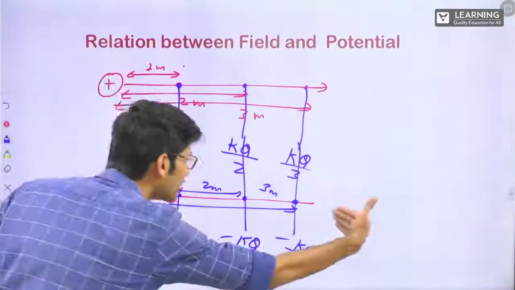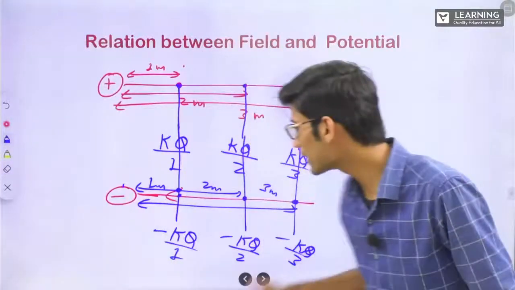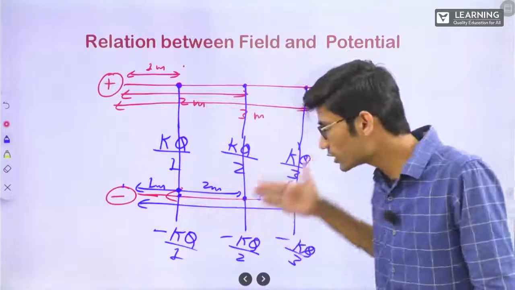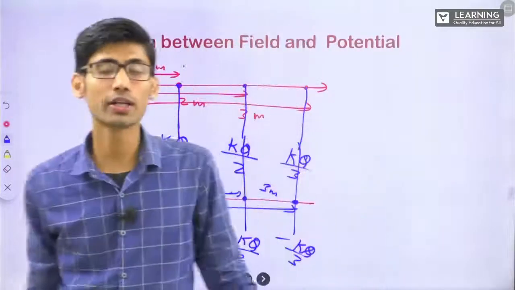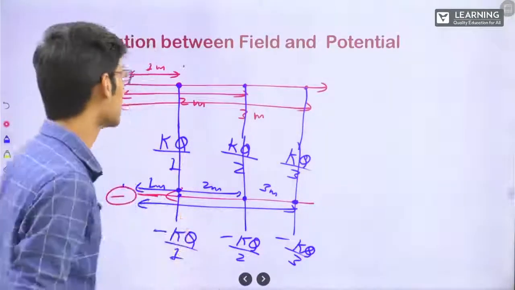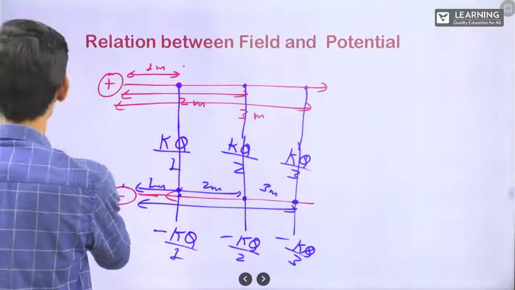Again, the electric field line is going like this, and as we are moving towards the field line, potential is decreasing. This is always true, whether you see for the positive charge or a negative charge. So what you have to note down is,